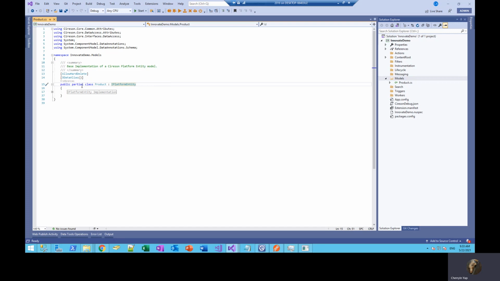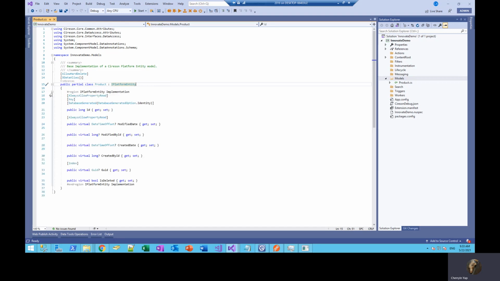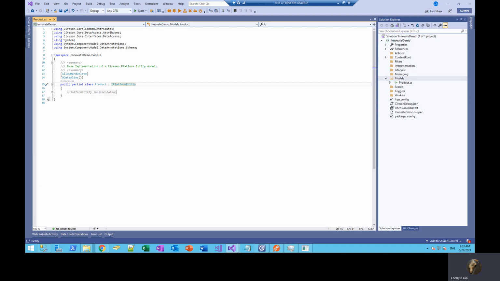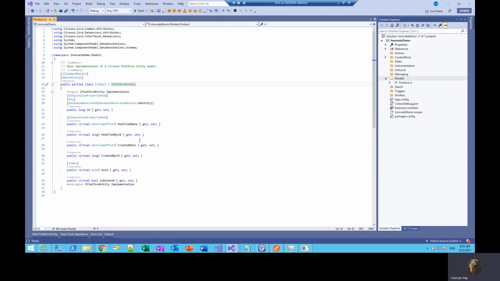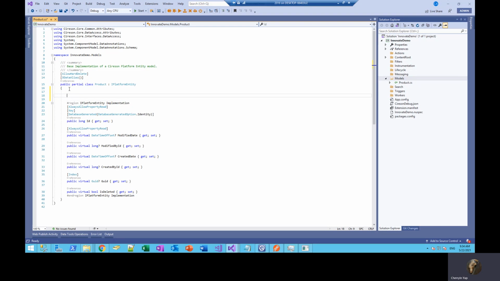Once you have created a model, there are going to be platform generated properties. These are the items under the platform entity implementation region. By default, your model will always have an ID as the primary key. So I'm just going to give this app some properties.